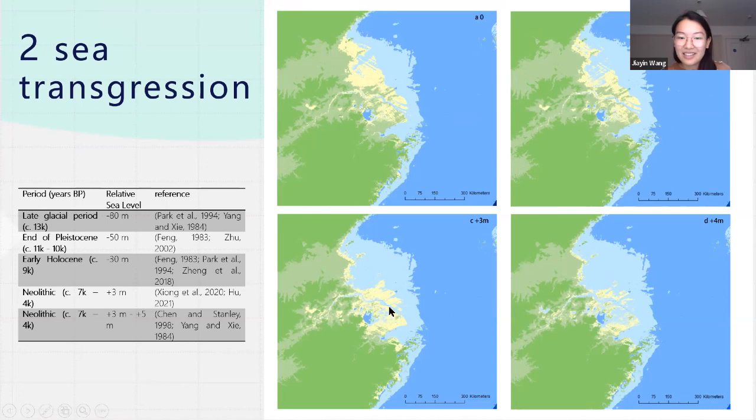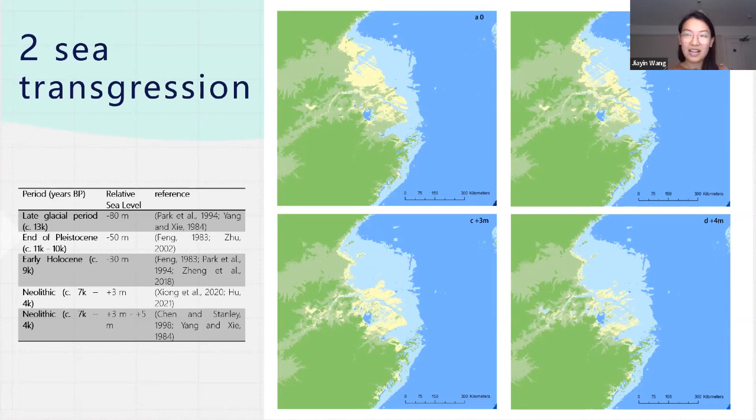We can see that, first, this area north of the Yangtze River was entirely flooded, and this area east of the Taihu Lake was basically entirely connected to the sea by extensive river connections. And because of this sea transgression,